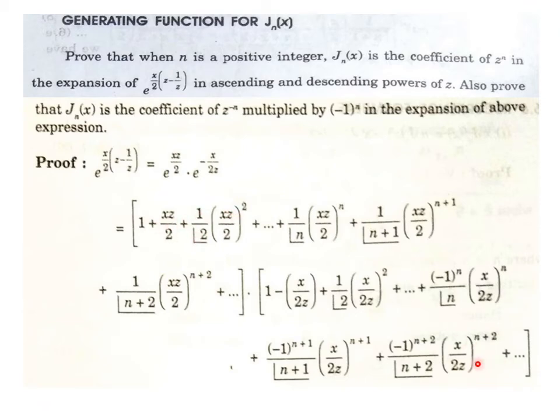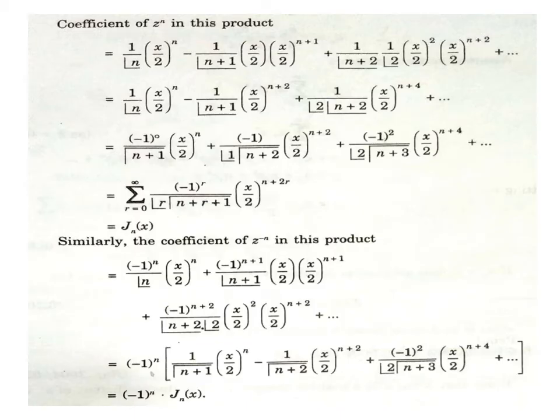So we can pick z power minus n from these particular products, and we will collect all these coefficients, which can be observed in the next slide. That's what I was discussing in the previous slide. The coefficient of z power n is now collected with a positive term, negative, positive, etc. And then we are simplifying these expressions.